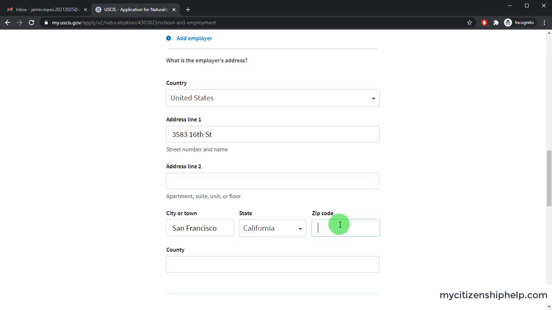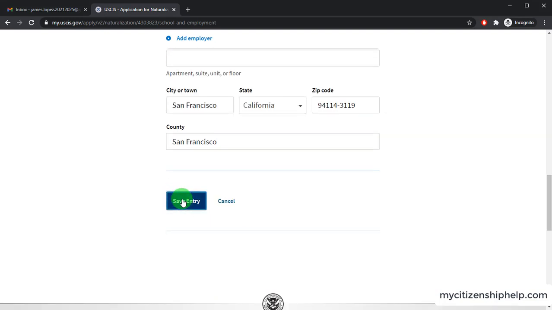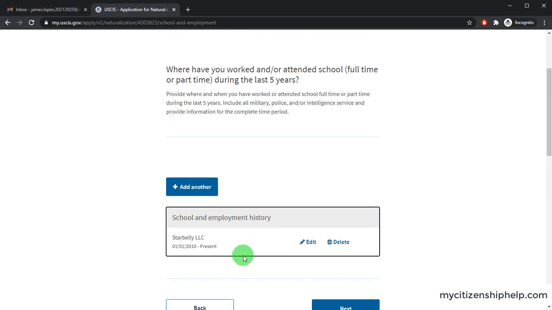Type it in. County. And I just save the entry, press save. Then you get the school and employment history right here. You see it's been updated. I have 5 years already. So I just press